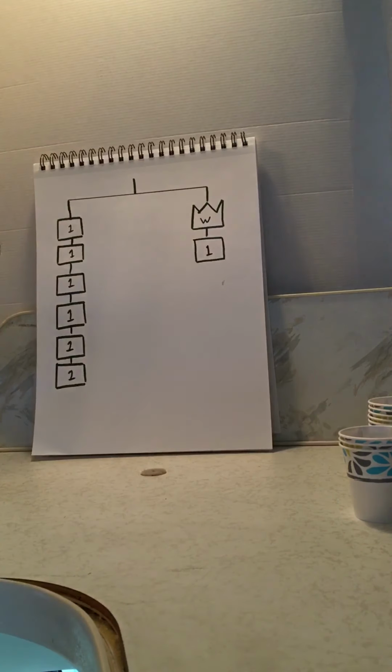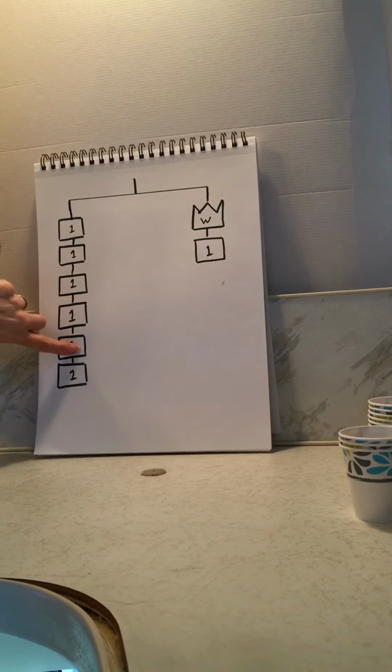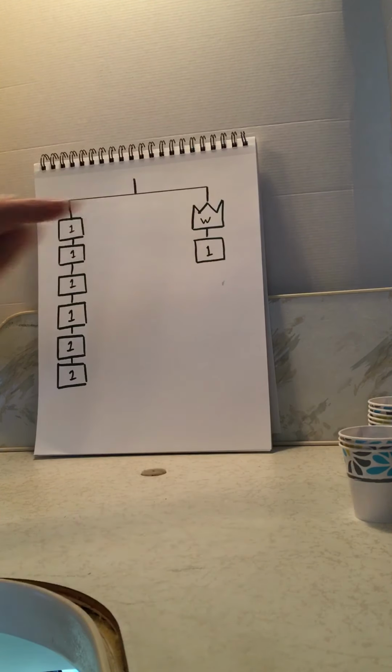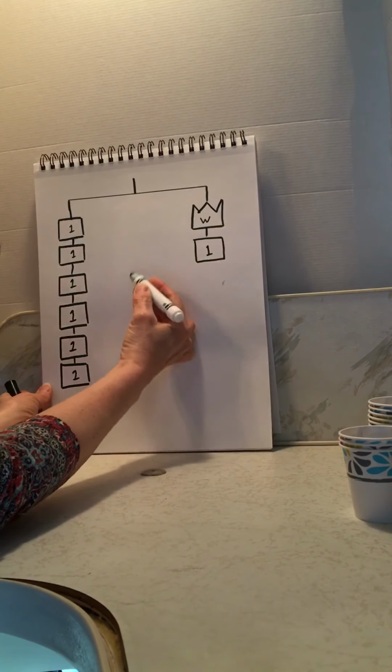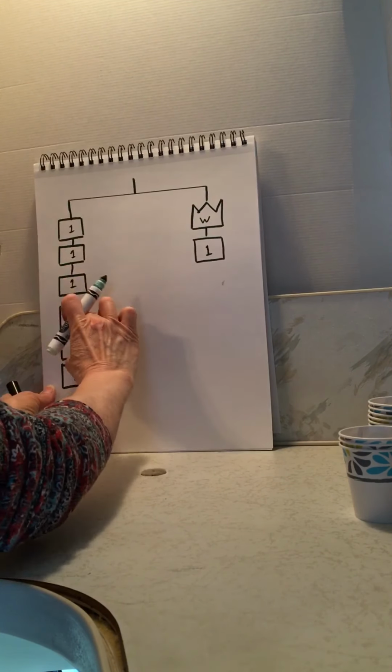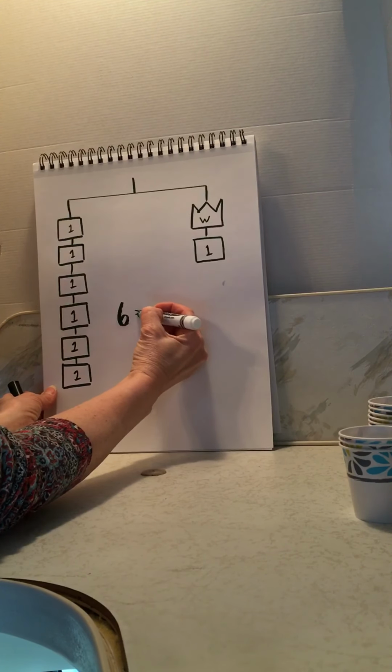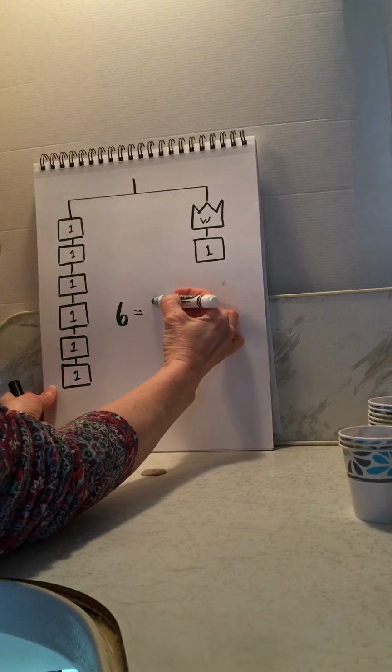This hanger diagram has 6 ones, 1, 2, 3, 4, 5, 6, on one side, and it is balanced with a W and a 1. So if you were trying to write that out as an equation, you would put 1, 2, 3, 4, 5, 6, 6 equals W